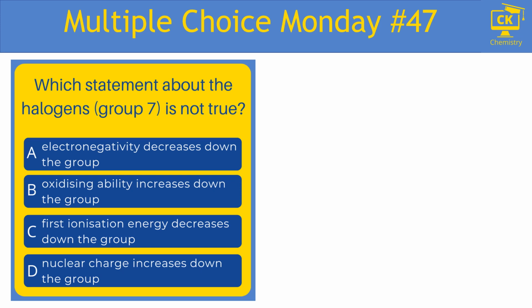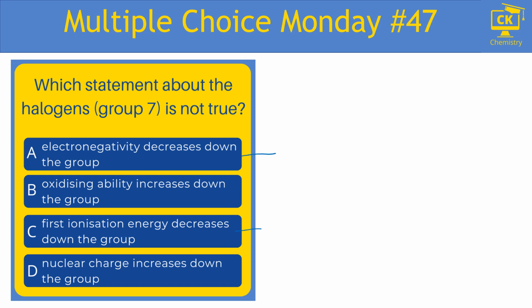This week's multiple choice Monday is about the properties of group 7, but actually in some ways it's also about general periodic trends, because there are a lot of things that we can make predictions about going down a group which are the same for absolutely every group in the periodic table. So for example, if we have a look at A and C, so we have electronegativity and first ionization energy,